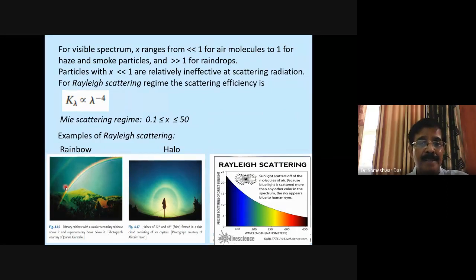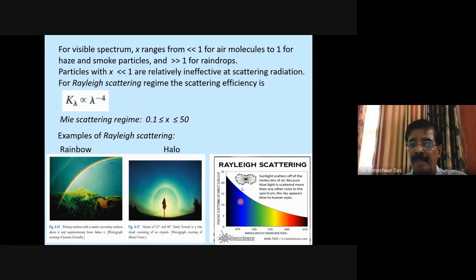Now, this diagram is showing you two rainbows: a primary rainbow and a secondary rainbow, which is weaker than the primary rainbow. This halo around the sun is formed by a thin layer of cloud consisting of ice particles in the sky. This is the primary halo. You can also see, very faint here, the secondary halo. So these are all formed because of scattering.